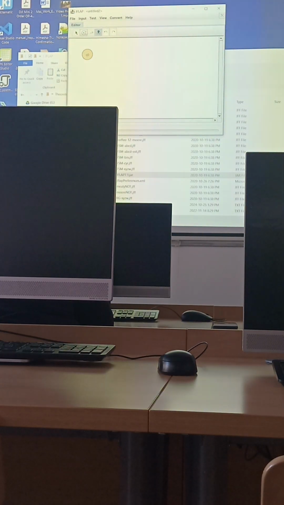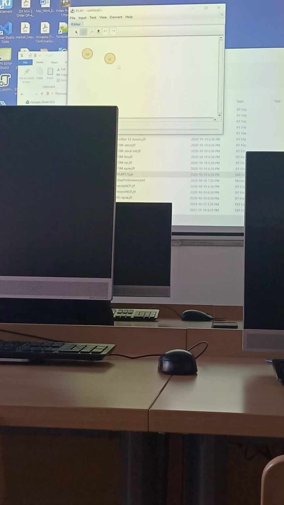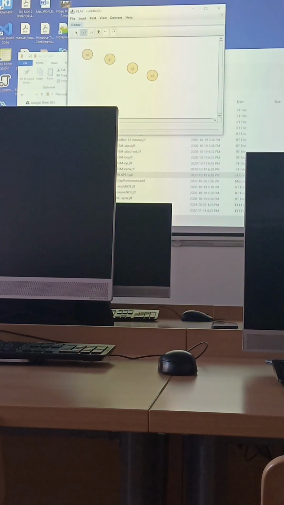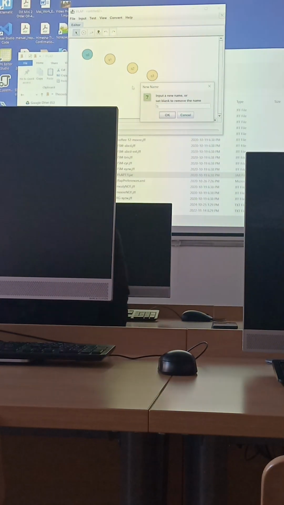And now I want to create many new states. Here I go to this pointer, and then I can right click this one, and then I can set the name to, let's say, S0. Okay, and then this one I right click and then set the name to S1, this one S2,